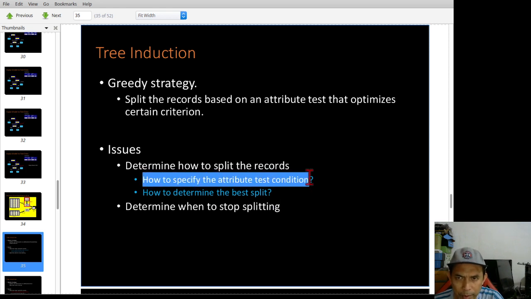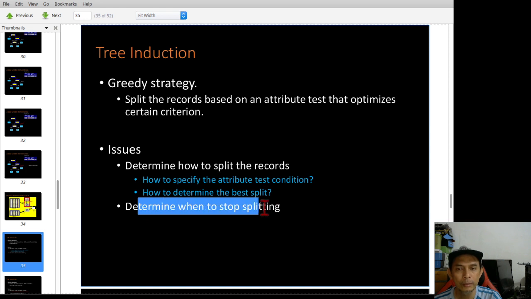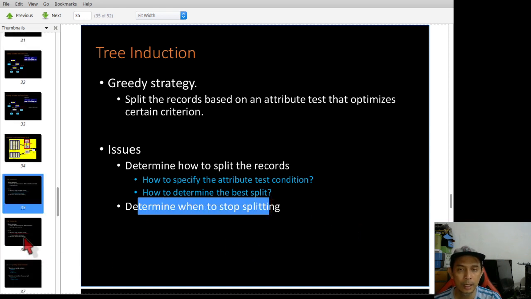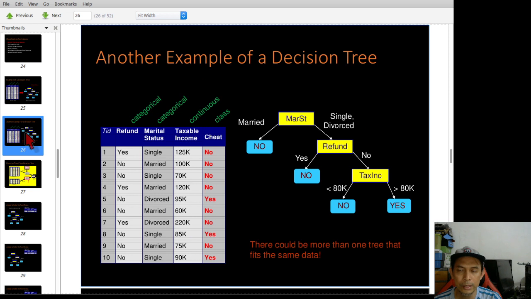How to specify the attribute condition, and then how to determine the best, and then how to determine to stop the splitting. So this is the challenge when you apply decision tree. For example here, how do you measure whether this tree or this tree is better to represent as a model for this data set?